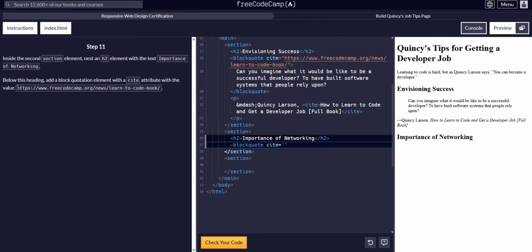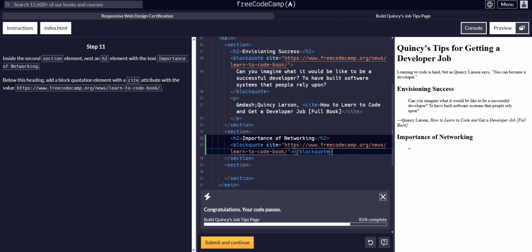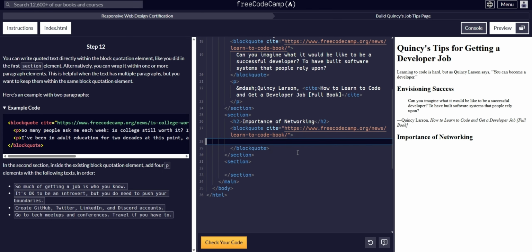Sorry. Control C. Control V. Okay, there we go. Oops, I forgot to close it. Block quote. And we're done. 85%. Next up, we have to do inside the second section, inside the existing block quotation element,